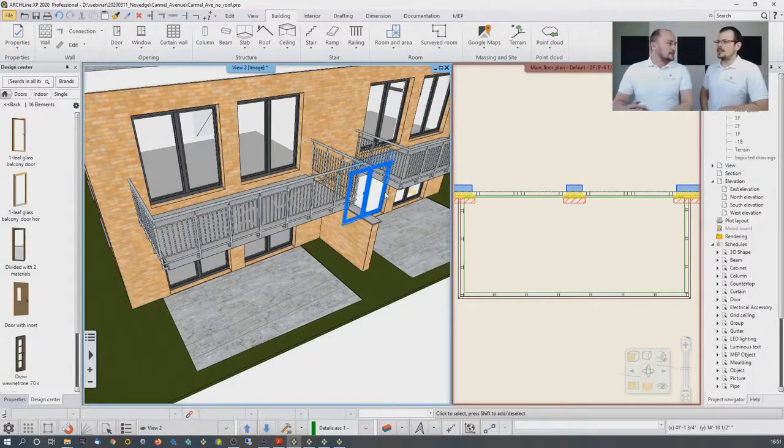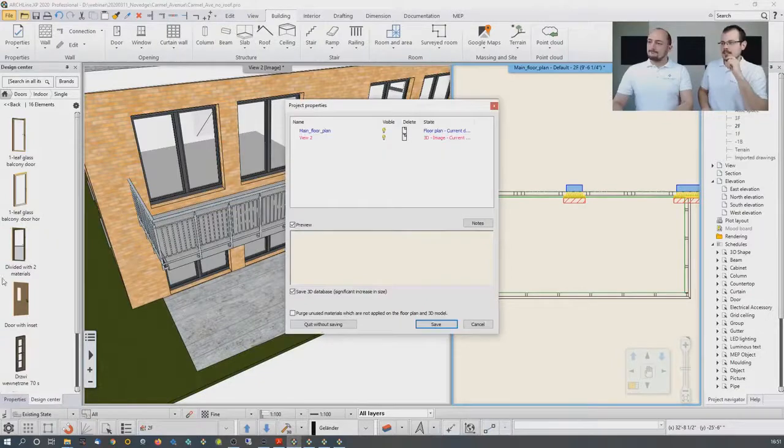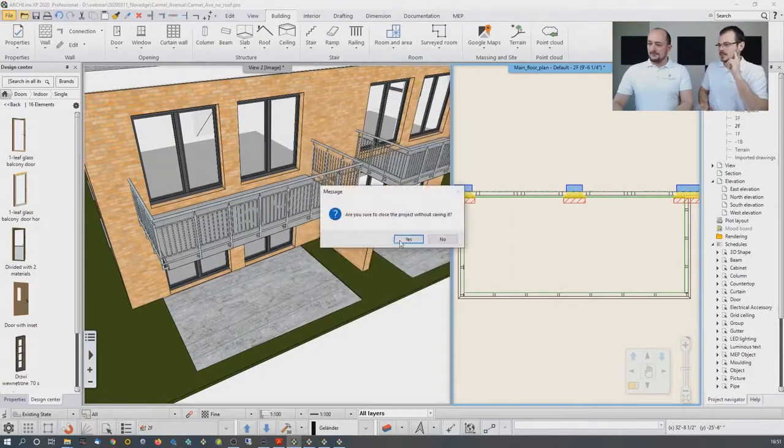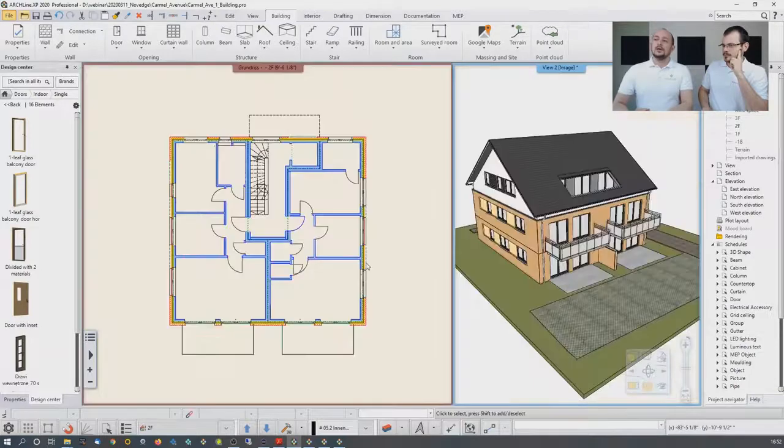Perfect. Nice. So that concludes the modeling part, and now comes the documentation part, which shouldn't necessarily be boring. Let's see what we have there. So let's load up the final version of the modeling, and open up that version, and then we can see how we get some nice dimensions and hopefully some plot layouts as well. Okay, so what we load now is this final version with all the details that we mentioned before,